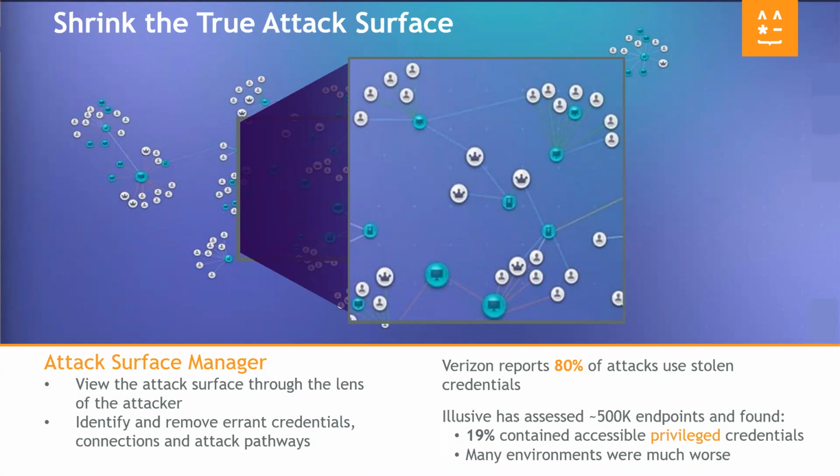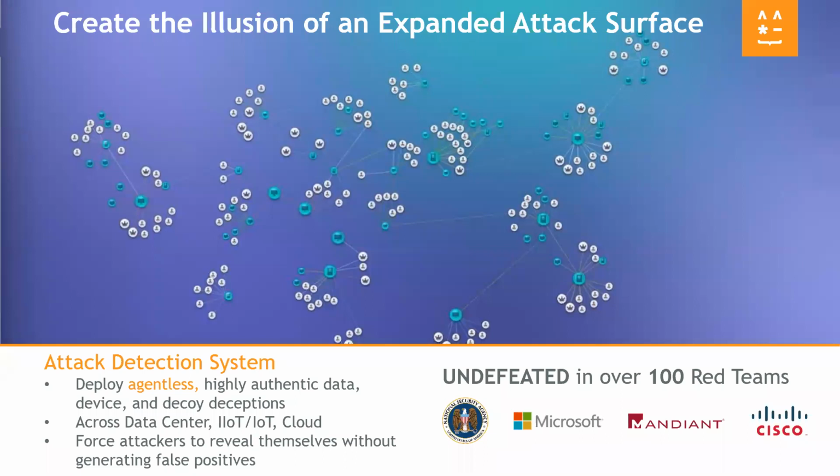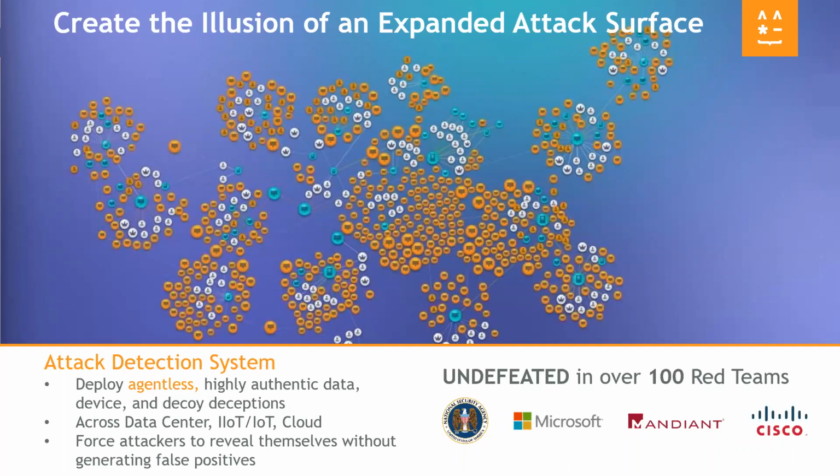So moving on, we've got, first and foremost, preempt. But once you've cleaned the environment up as best you can, then a second step, basically detect. So what we're doing in the environment is we're distorting the attacker's viewpoint. And again, we're looking at all of this from the attacker's viewpoint rather than from the defender's viewpoint. And so as a result, it gives us a unique perspective in terms of what the attacker is going to see and how we can influence that.